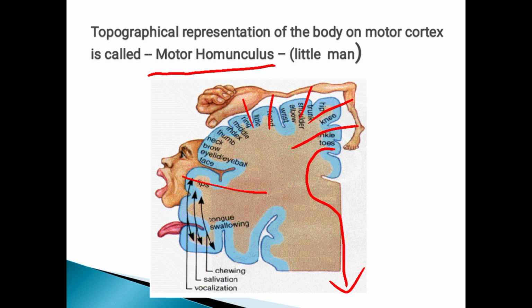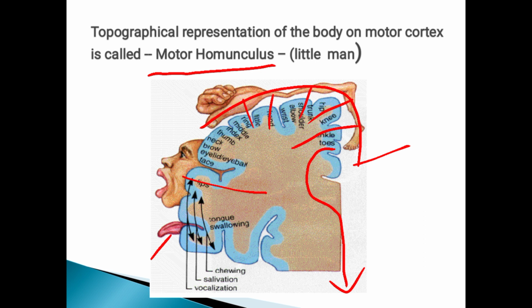Okay, it starts from the toe, so this is the medial part, and then it goes like this. That is called the motor homunculus. One thing you have to observe here is that to do movement, we use parts like your fingers, hand and leg more frequently. And to talk you use your tongue more frequently, that is also one muscle. So that representation is more in the motor cortex.